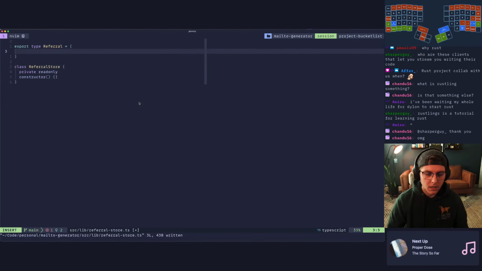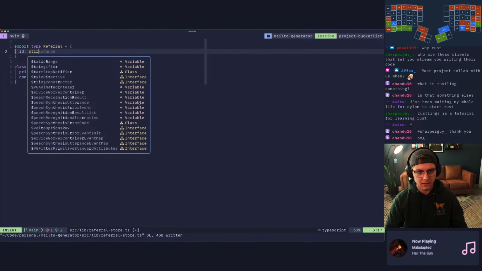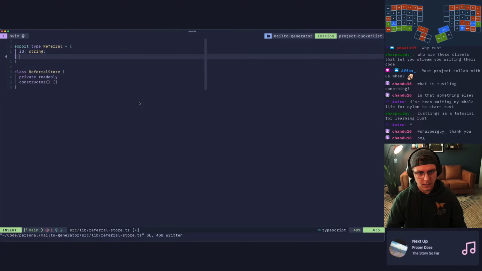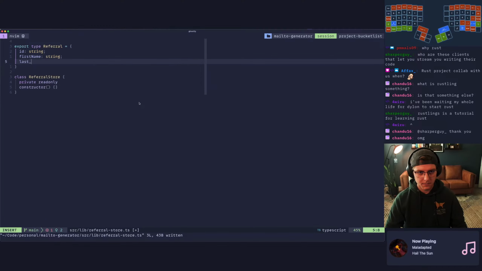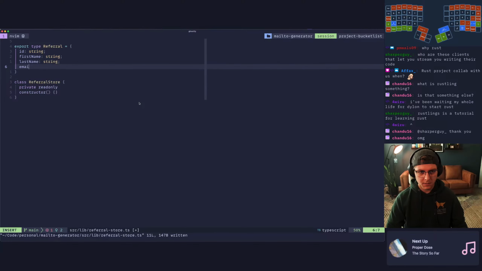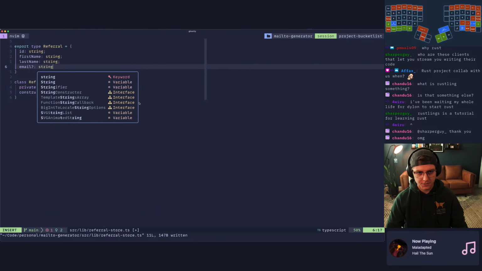We'll have an ID, which will be a string. We'll have a first name, which will also be a string. We'll have a last name. That's a weird key press there. I'm not used to that. We'll have an email, which will be an optional string.